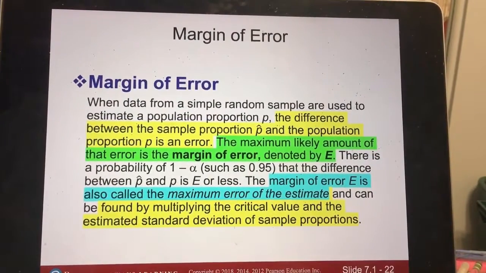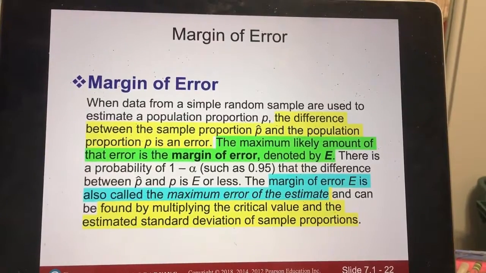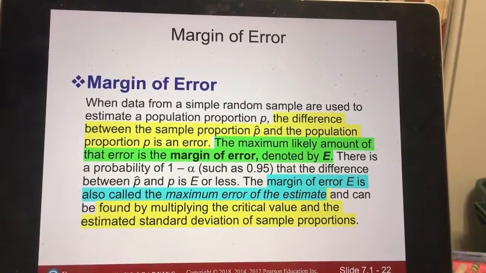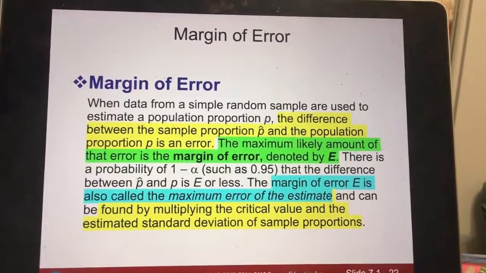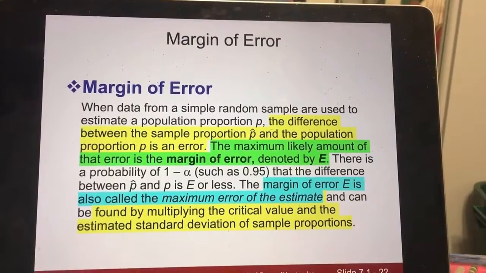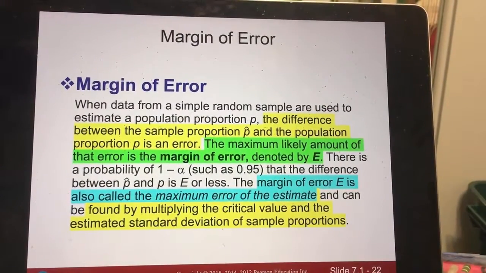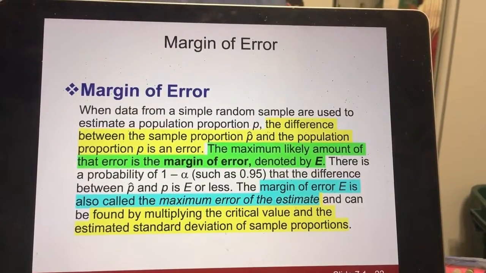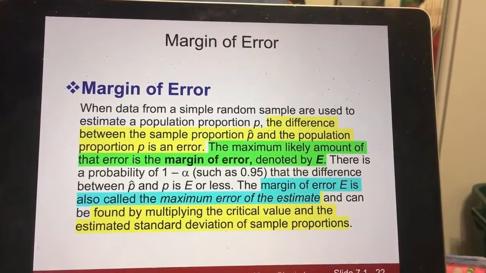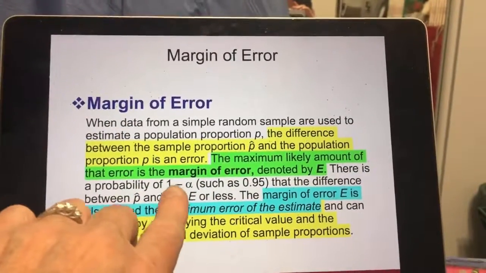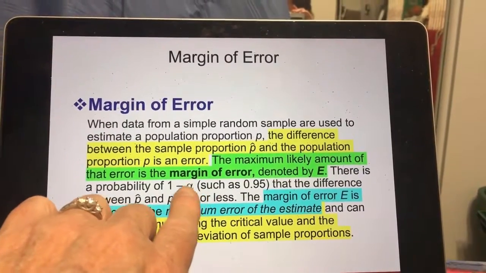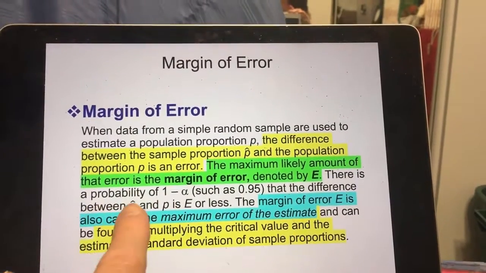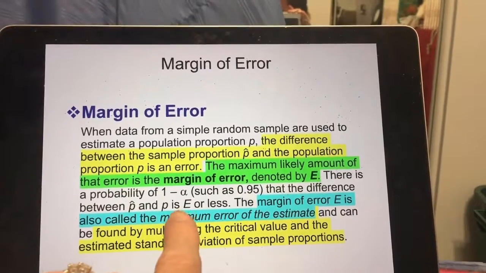The maximum likely amount of this error is the margin of error, denoted by E. We want to find our maximum error because we want to make sure we're very likely to get our true population proportion right in the middle of this confidence interval. There is a probability of 1 minus alpha, which is the confidence level C, that the difference between p hat and p is E or